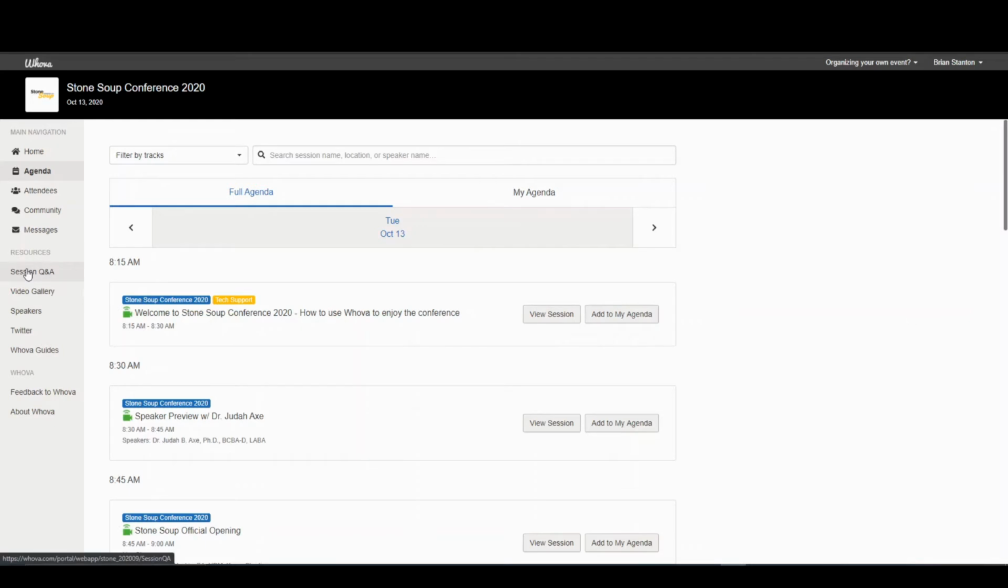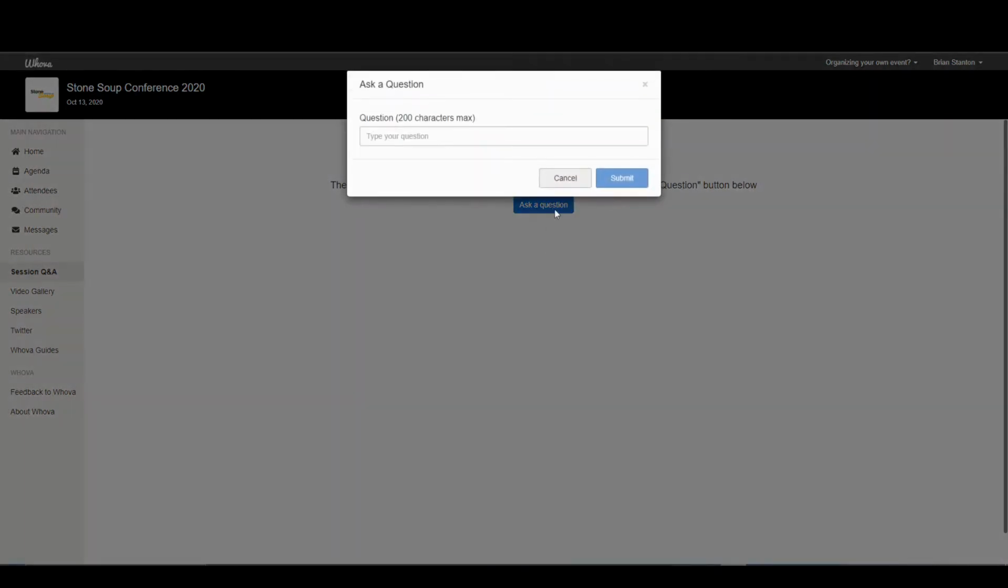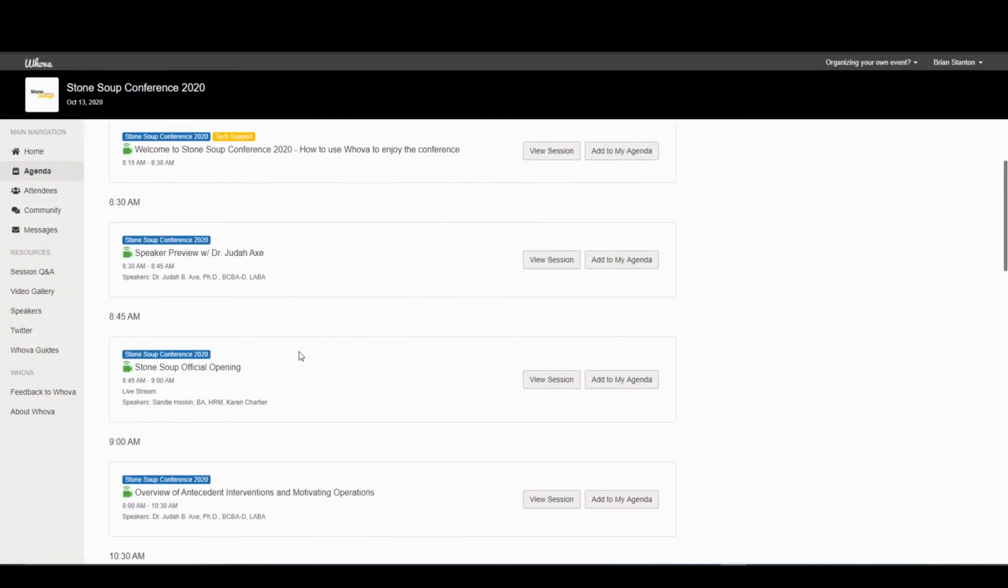One, you can go through the session QA in the main menu. This will be available on the web and mobile apps. And you can click on a session, ask a question, type it in the question box, and it will appear in that session. The other way you could do it, and probably the way most likely people will do it,